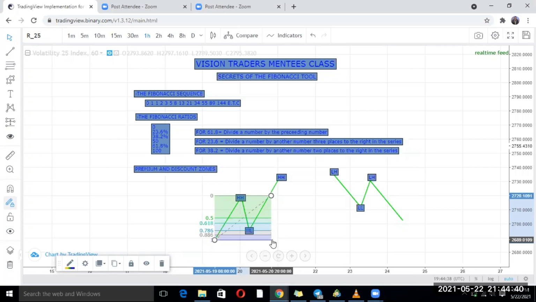Now, take note of this, jot this down. Your discount zones on a bullish trend are those zones below your 50% Fibonacci level. I repeat again, your discount zones for a bullish trend are those zones below your 50% level. Those are the zones acceptable to smart money traders, or BTM traders, which is beat the market makers traders. These are the zones where they are comfortable taking trades from, because you have a very good risk to reward